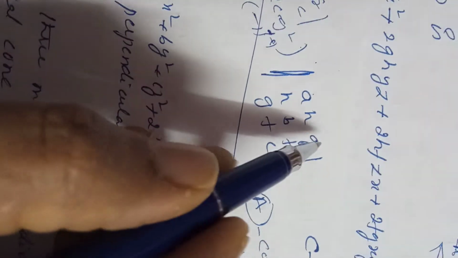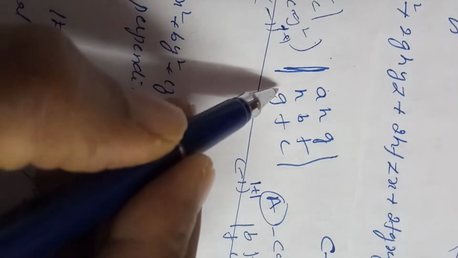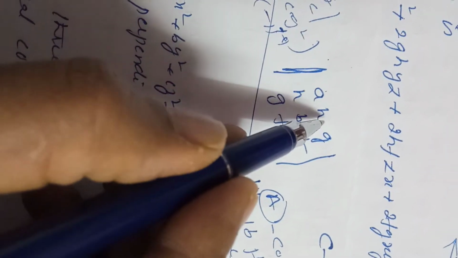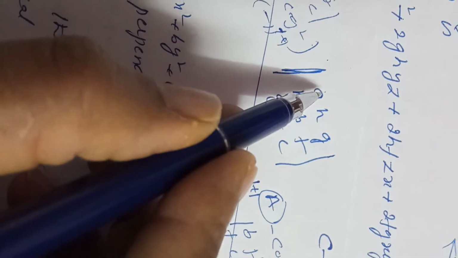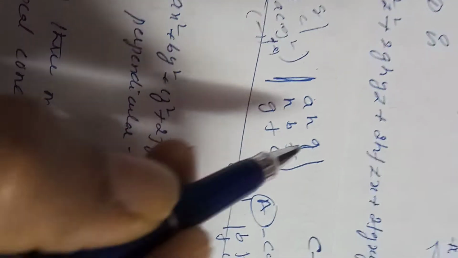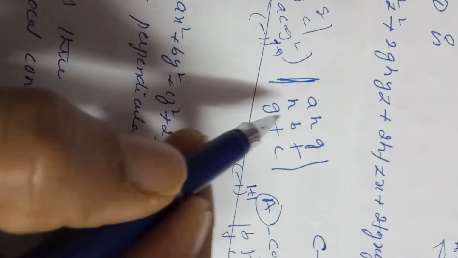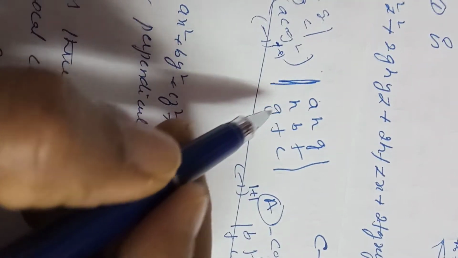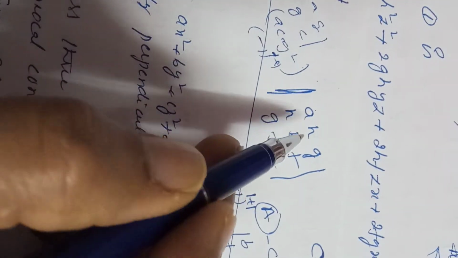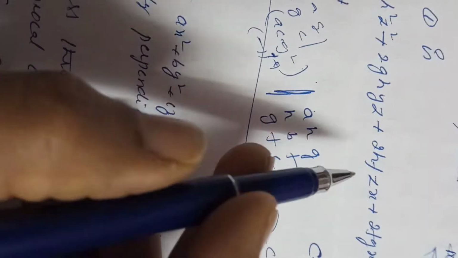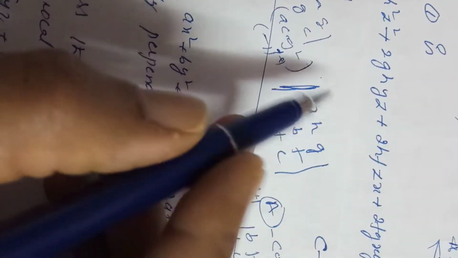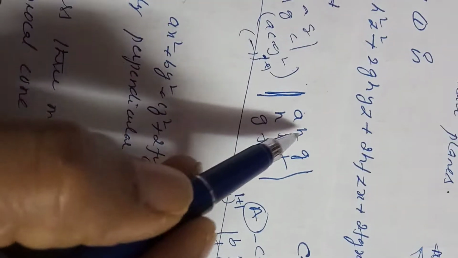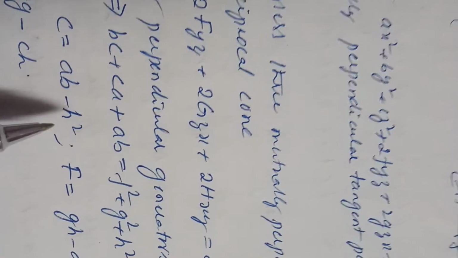Both are the same. Similarly, the cofactor of capital C, if you want to find this capital C value in this determinant, delete this row and this column. The remaining elements are A, H, H, B, right? Its determinant is AB minus H square, right? Now that minor is multiplied by minus 1 to the power of i plus j, third row, third column, 3 plus 3. Minus 1 to the power of 3 plus 3 is 6. That means again positive. You will get AB minus H square. See, AB minus H square.